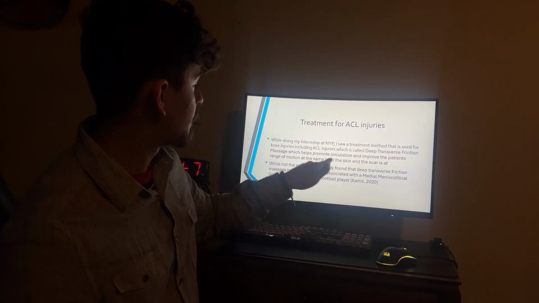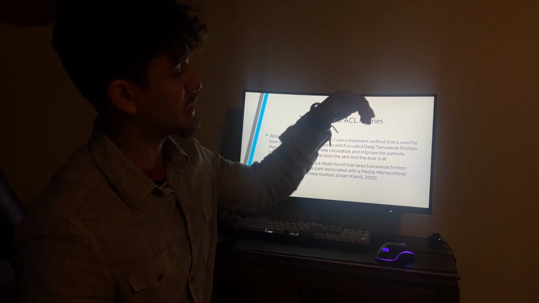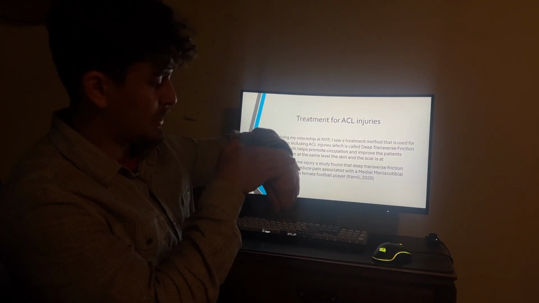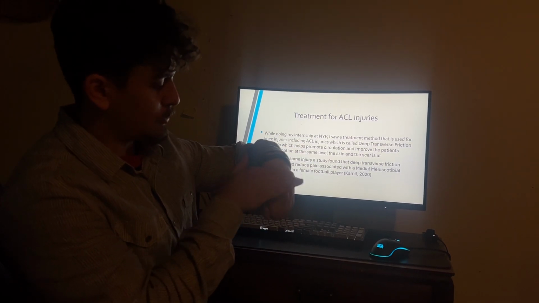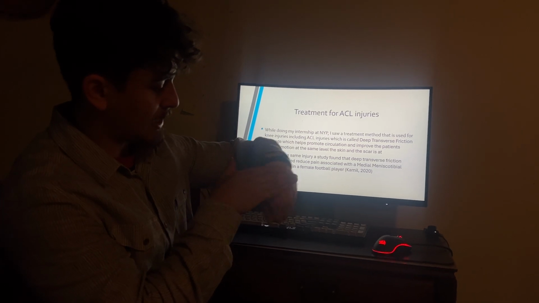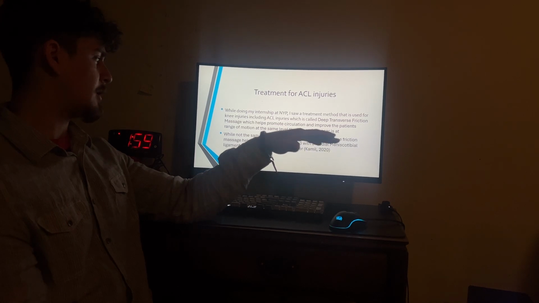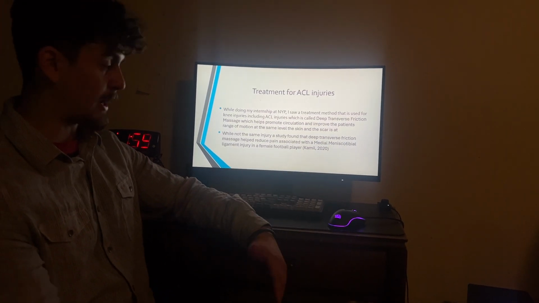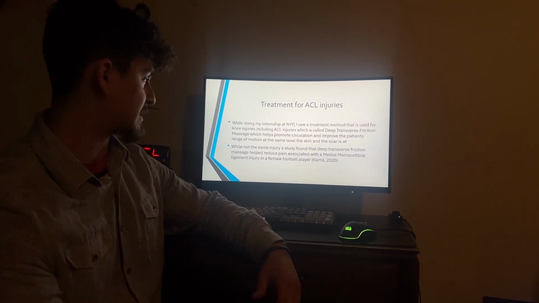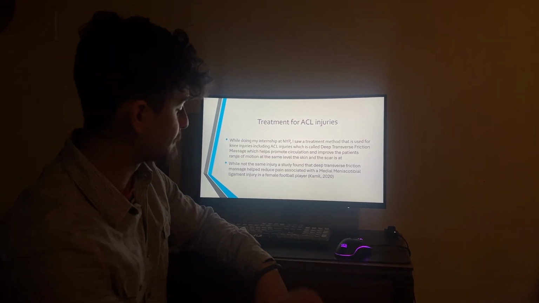So at my internship, I saw several treatments. Now, while not for an ACL injury, I did see deep transverse friction massage. Imagine this is the knee, and above here is the quadricep with the tendon, and the knee is right here. If the muscle fibers are going like this, I was told they would rub against the skin like that to help promote blood flow, so that they could possibly help the tissue that got injured. And this was from a study of a female football player who had a medial meniscotibial ligament injury, which is not the same as an ACL,